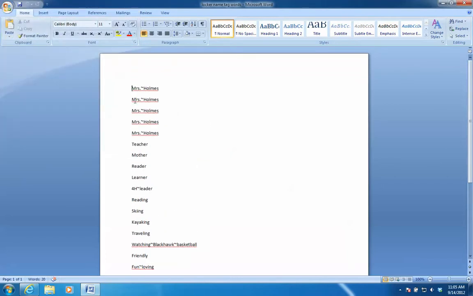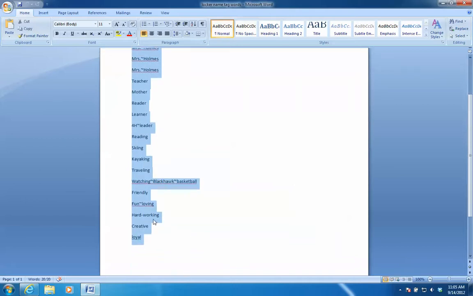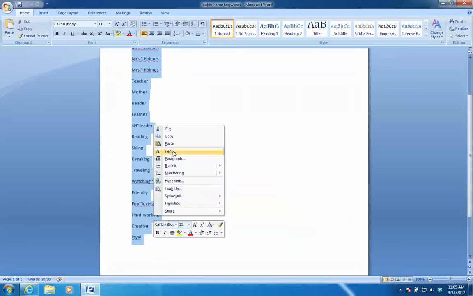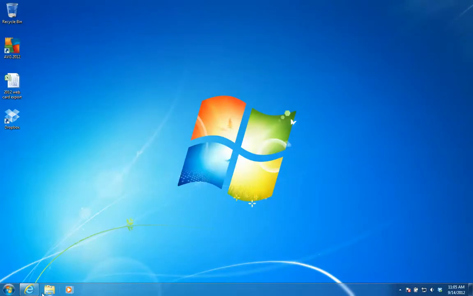We're also going to select all of our words, making sure at this point that they are spelled correctly. And then we're going to copy. And then we can close Microsoft Word, as we won't be using it for a while. We'll be going to the internet,